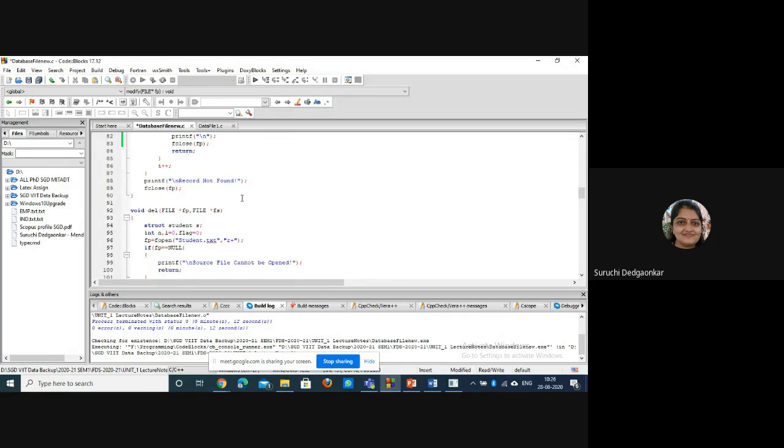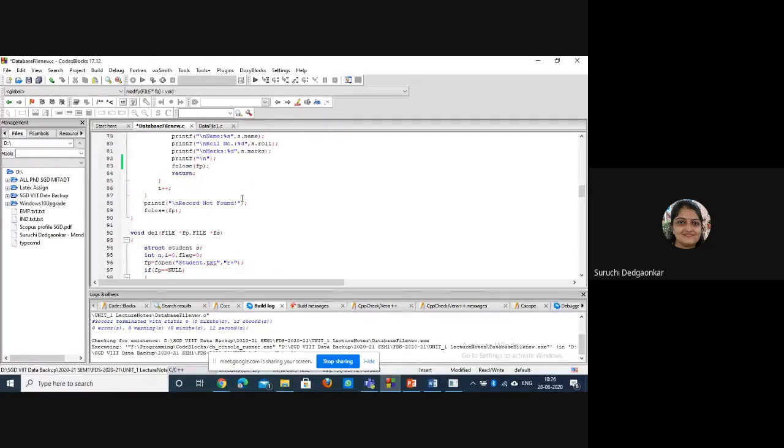And in physical deletion, what will we do? See, here it is not feasible to shift the records in the file. In an array, what did we do? When the record was found, we were shifting the other records which are present after that one position back, in the loop, and reducing the total number of records by 1 in the physical deletion. But here in the file it will be very difficult to shift the records.